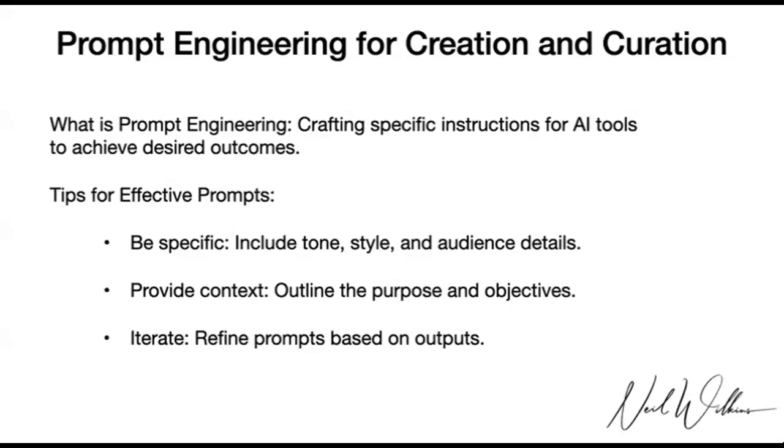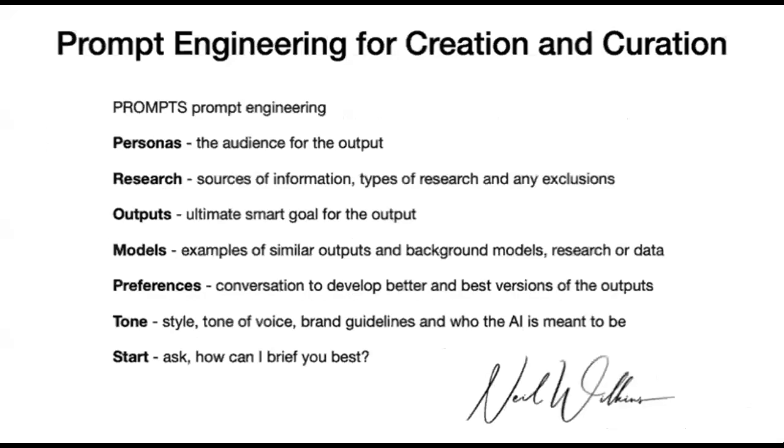And iterating, refining your prompts based on the output. So don't take the first version as the finished article, literally. Make sure that you're thinking constantly that if we go one step deeper, if I ask for it to be refined, if I go a little more deeply, if I go a little more obtuse, if I go a little more indirectly, or I provide feedback on that first draft and say it's great, but could we go a little bit less flowery, or could we go a little more scientific, or whatever it is that you need. Constant iteration, reiteration of the initial output from your AI is going to give you a much stronger final output.